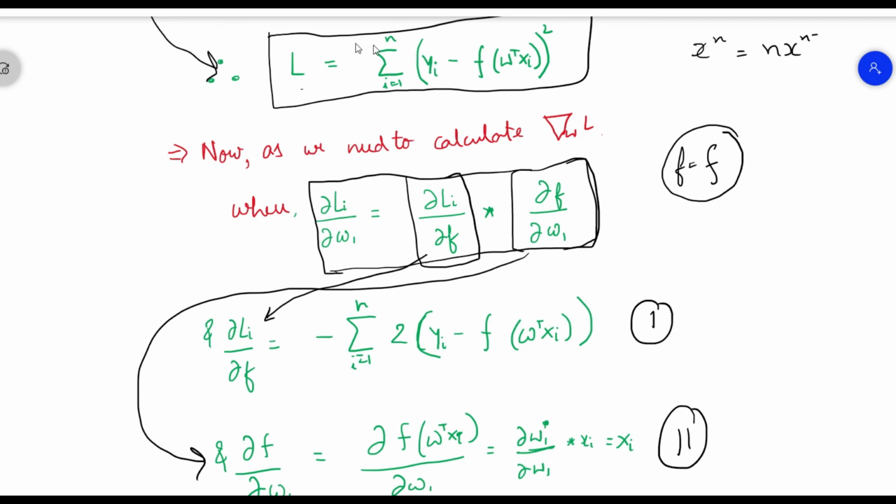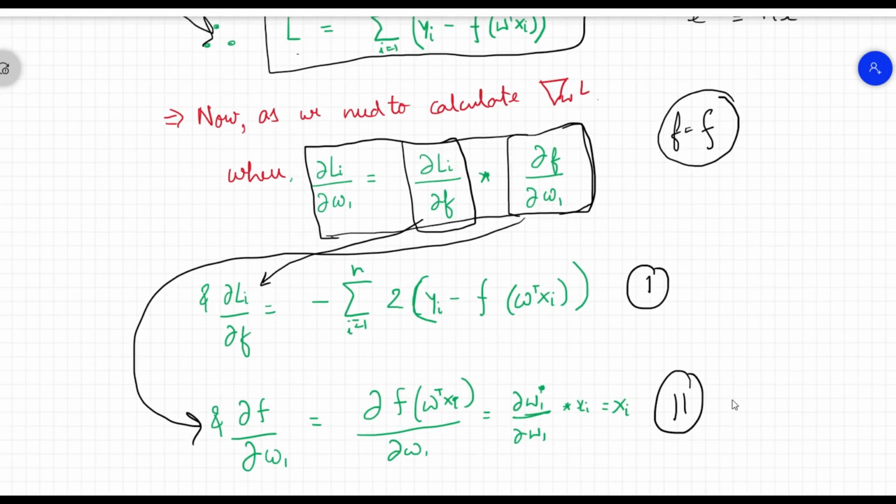Please note that differentiating this loss function to reach these two equations is very simple and easy, and if you're not able to do it, then you are really not doing well at the basic calculus part. You need to learn differentiation well. So moving on, please do this on your own as homework. It's very easy to do. It takes hardly 30 seconds or a minute, even if you learn it from scratch.